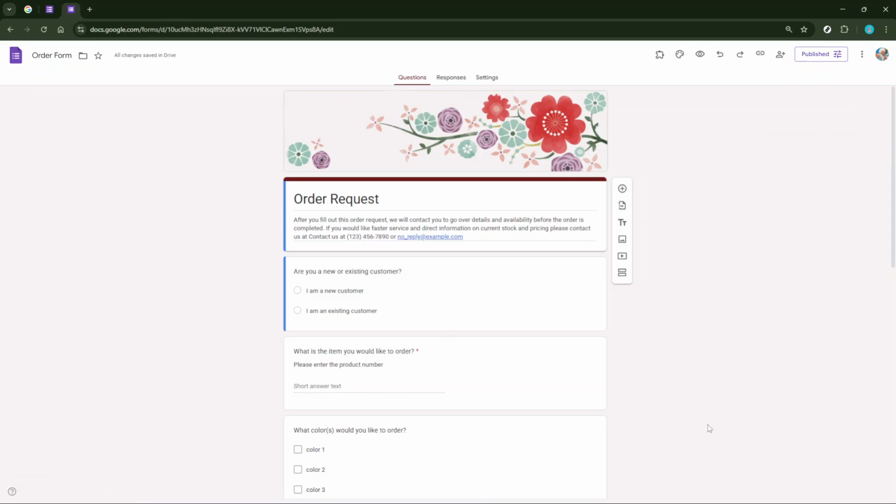Remember, being able to share your form widely means more responses, more engagement, and the ability to reach a broader audience. So use this advantage wisely to gather the data, opinions, or feedback you're seeking. And there you have it. That's how you can publish, rather than just send, a Google form. I hope this guide helps you make the most out of this update and boosts your form sharing game significantly.